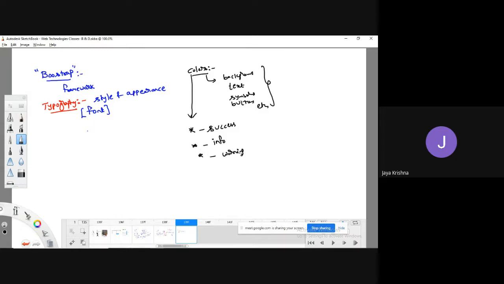Warning, I will show right now; you can understand directly. Danger, muted, secondary, dark, light. These are some of the color combinations available in Bootstrap.